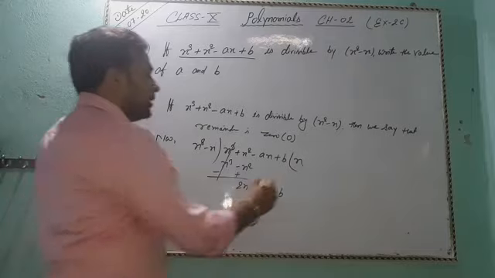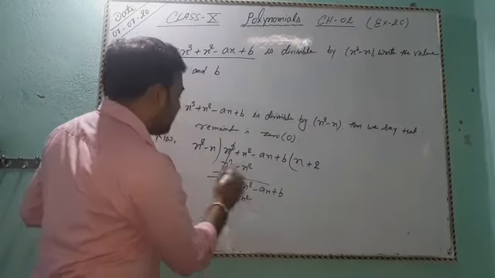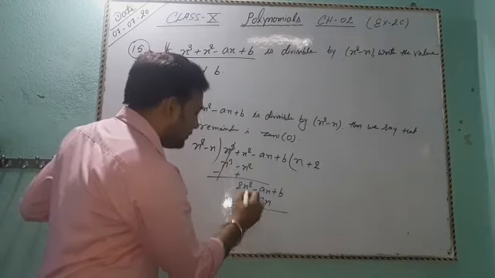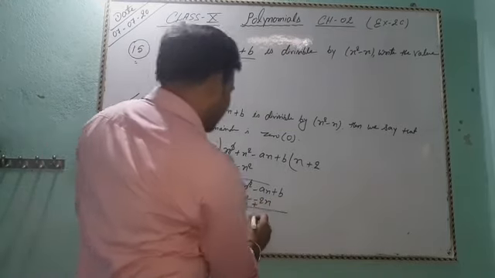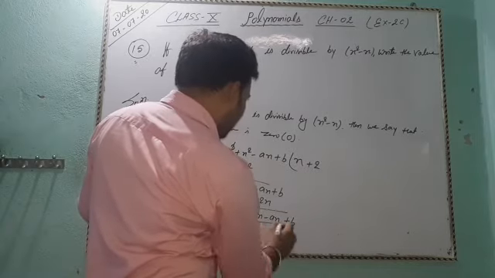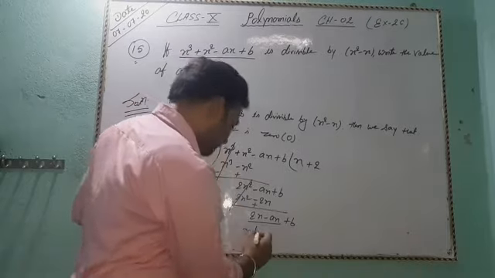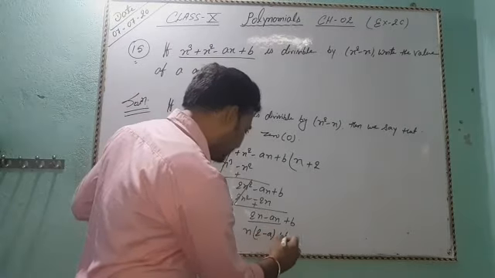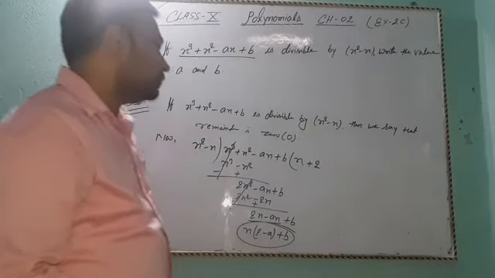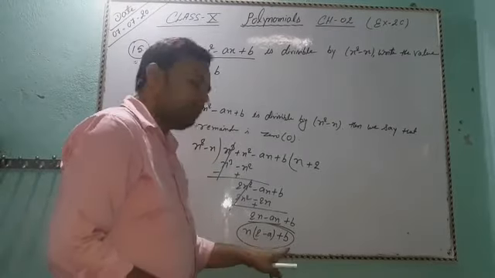Okay. Plus 2x square minus 2x. Sign change, minus plus. Cancel 2x square, leaving minus ax plus b. It means here x is common: 2 minus a, x plus b. This is the remainder, and the remainder is 0. So the coefficient of x is 0 and b is 0.